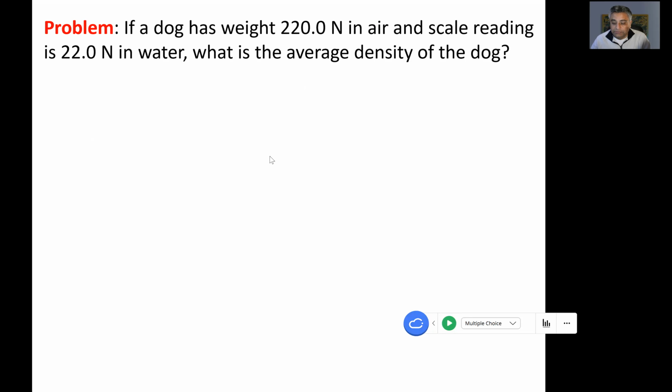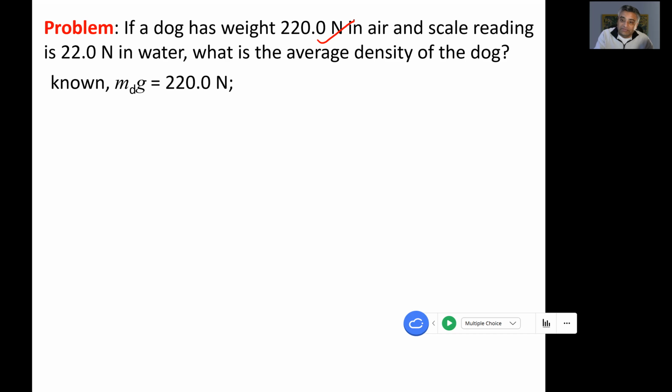So now, let's find the density of the dog. And you can use this method to find the density of any object, okay? So if it's not sinking, then the net force is going to be 0. You can easily find density. But even if the object sinks, what you can do is tie that object in a string and use a scale. For example, in this case, you are weighing a dog in the air